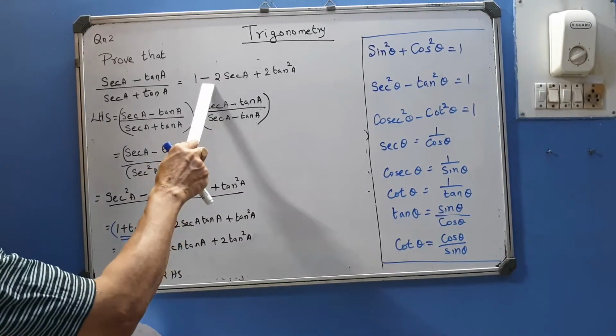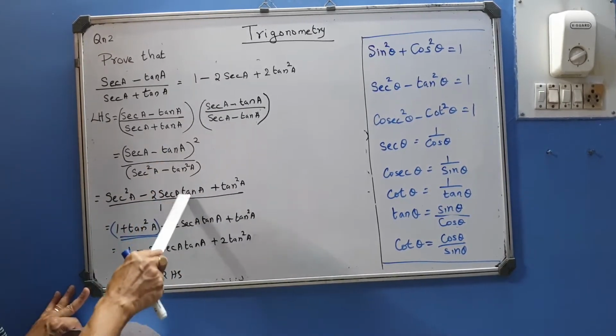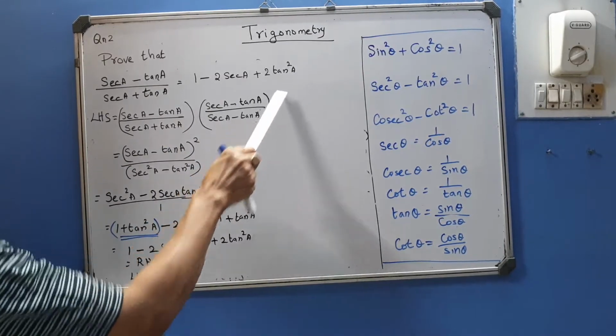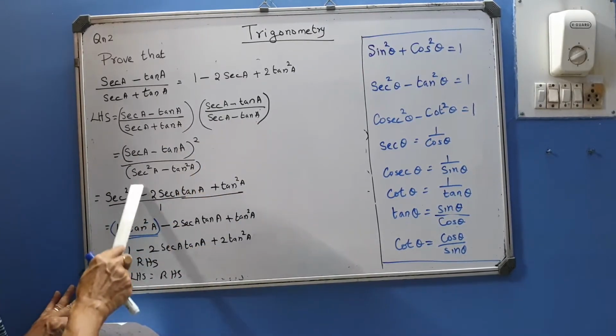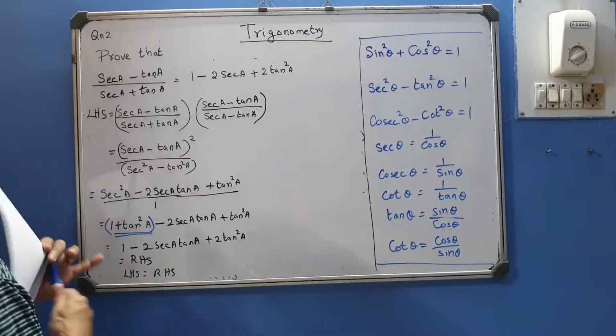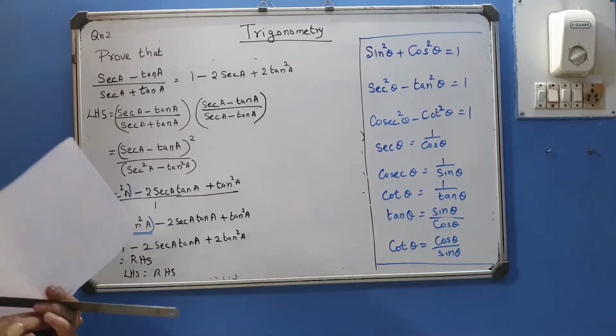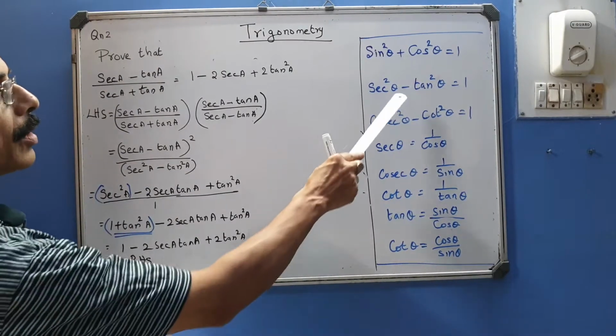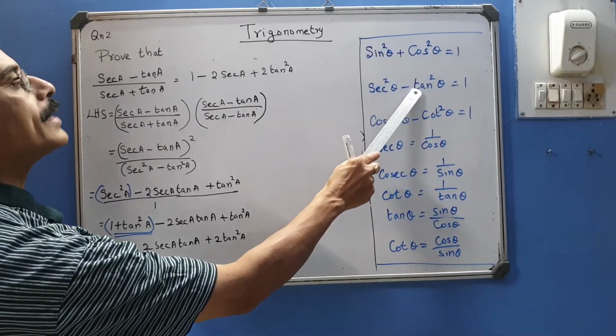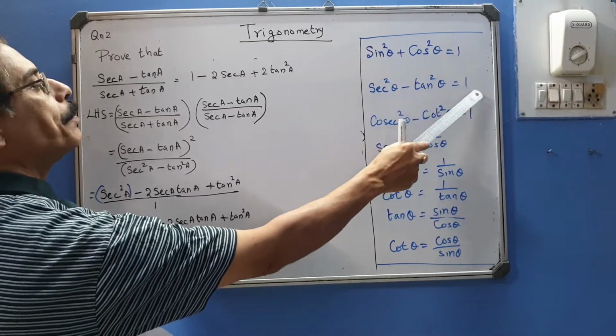Now look at the answer. We almost got the answer. The middle term we already got. For the last term, part of it we got. This is the unwanted term, which is not in the answer, so we have to change that one. Now we have the formula: secant squared A, if we take tan squared A to the other side, you get 1 plus tan squared A.